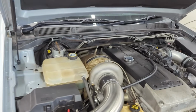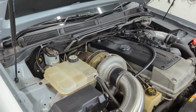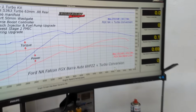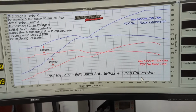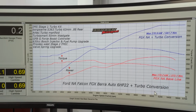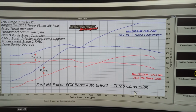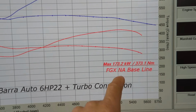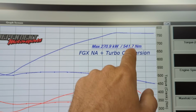And then we're using a factory 2.5 bar MAP sensor. This still retains the ZF, the 6HP22, and unfortunately we don't have access to the calibration or the TCM, so we can't really do much with the trans. So we are quite torque limited as to how far we can go. I haven't broken one of these transmissions yet, so I can't say exactly how much power they will hold, but I do know that when you go from 173 kilowatts and 373 newton meters to 270 kilowatts, 541 newton meters,